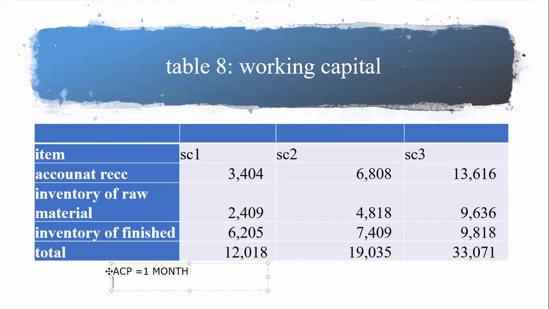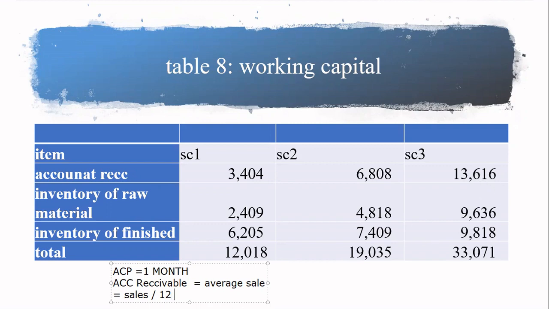We calculate the account receivable based on average sales. Taking all the sales divided by 12, and since I have 1 month for the average collection period, it will be